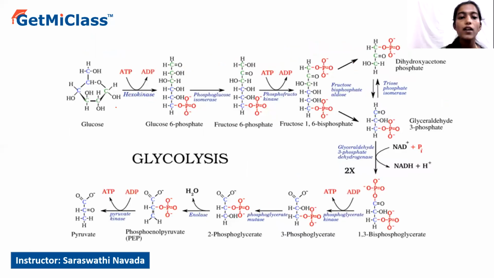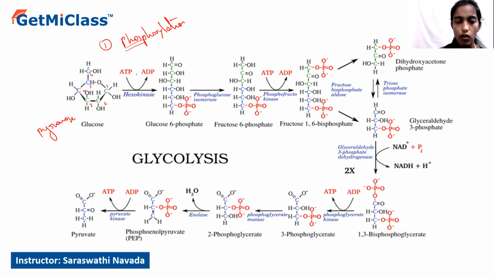So coming to the first step. This first step is called phosphorylation. We know what is meant by phosphorylation, that is addition of phosphate to any substrate. So here in phosphorylation, what happens? The 6-carbon compound, that is glucose. Here we can see the 6 carbons, 1, 2, 3, 4, 5 as well as 6. These are the 6 carbons of the glucose molecule, and this is the ring structure of the glucose molecule. It is a pyranose ring